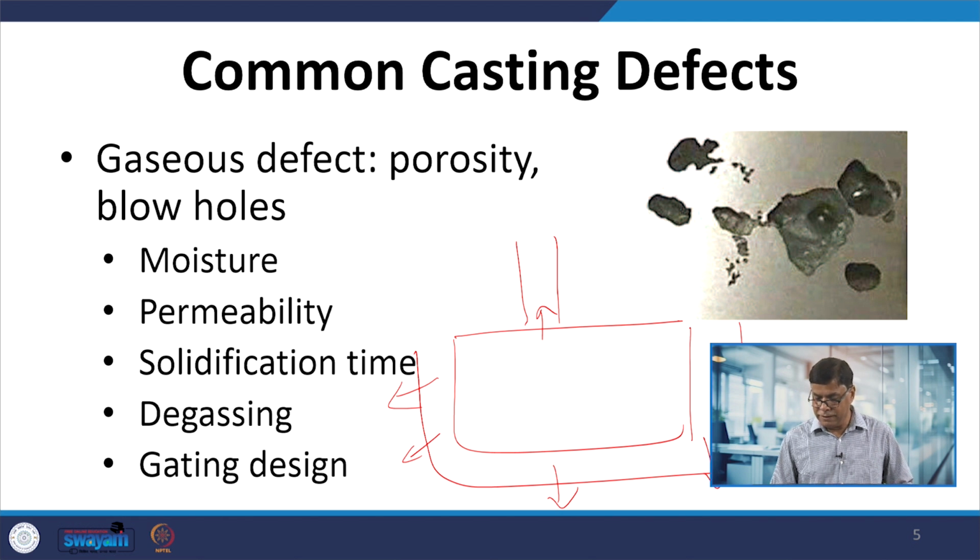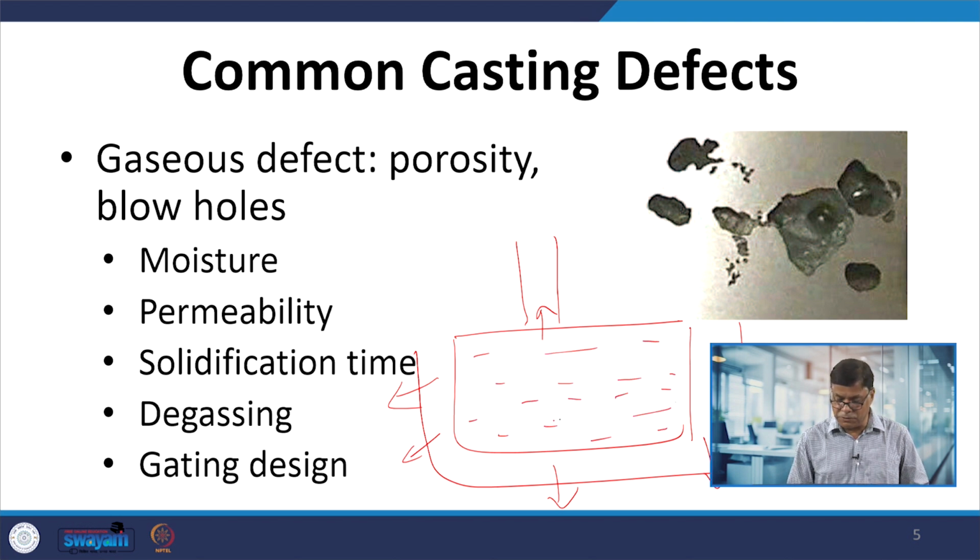So, for that the permeability of the mold must be high enough, and if the permeability is good, then the gases present in the molten metal, wherever from they have come, either due to the large difference in the solubility, or the gases were already dissolved in the molten metal, or degassing process was not proper, or the melting has been done in inappropriate condition, improper melt treatment has been done. Then there are many factors which can cause the excessive presence of the gases in the molten metal,